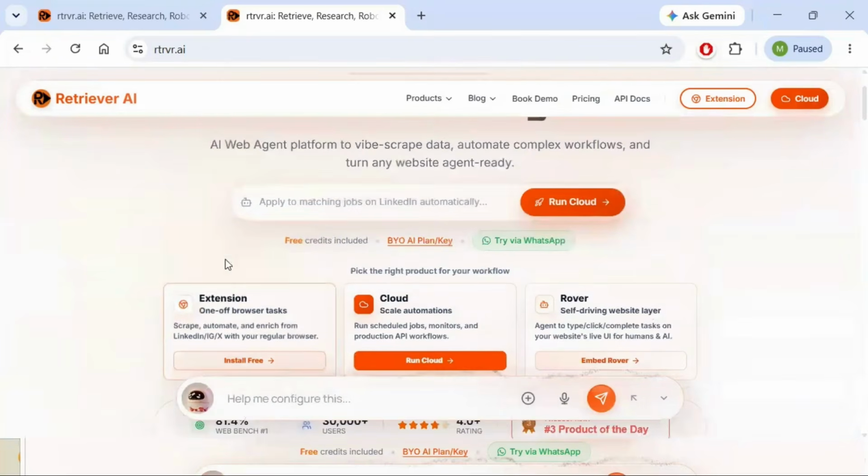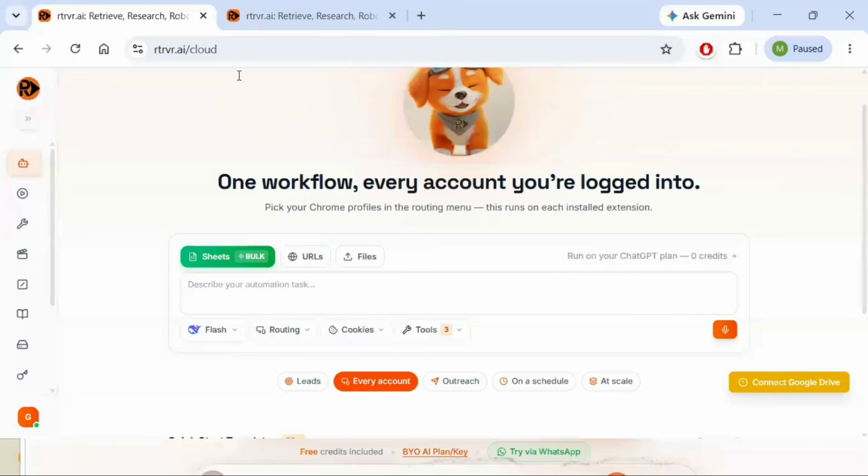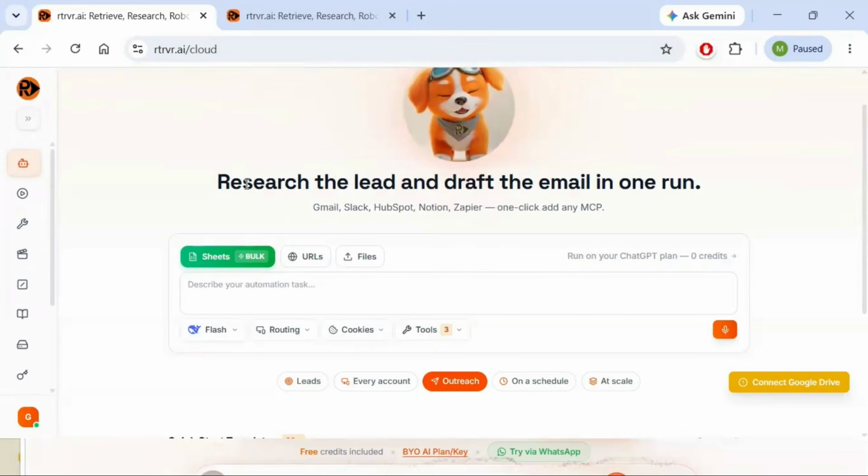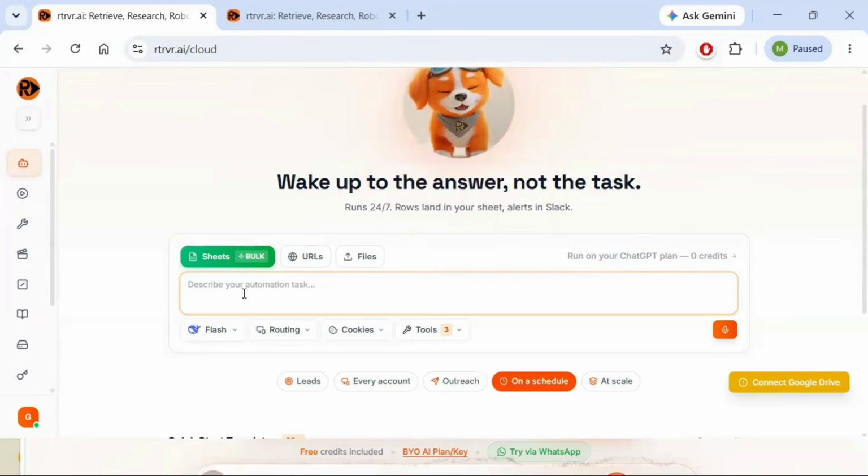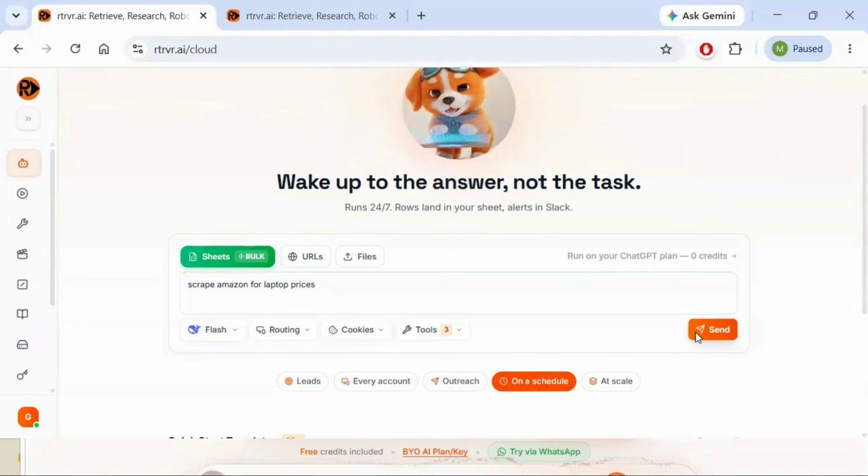At first you need to log in using your user ID and password, and after logging in you can see this is the central dashboard. You can see the UI is simple and user friendly. For example, you can describe your automation tasks or describe your web scraping. For example, scrape Amazon laptop prices. Okay, so it will run on this particular